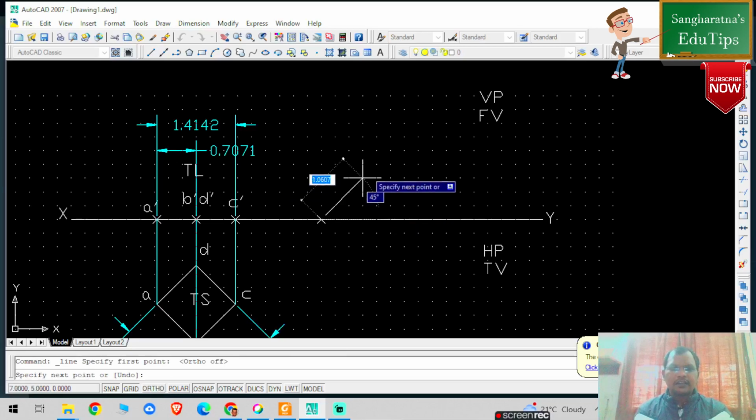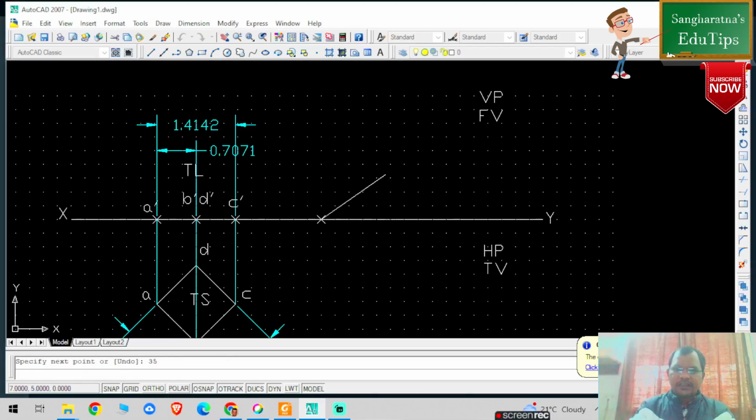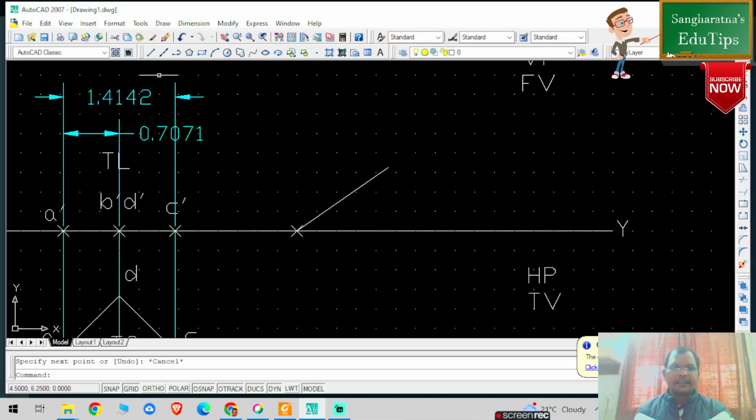I'm selecting one line of dimension 1.4142, right, and the rotation angle is given as 35 degrees. So then press enter. Okay, then press escape. So this is my line A dash C dash of length 1.4142, right. So I am going to select, mark the point here, and click on snap, right, and here it is my next point. Okay, now I am converting this particular